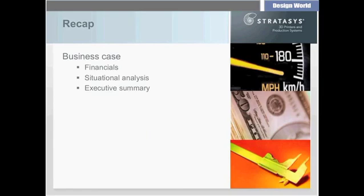So to recap, work those numbers, the financial justification, through an iterative process, with many revisions, to keep coming up with numbers that work. Also use Tier 1, Tier 2, and Tier 3 to move through your hardest to softest benefits of additive manufacturing. Roll that up, use those numbers liberally throughout your situational analysis, which includes the current situation, proposed solution, alternatives and risk, and finally, roll all that up into a nice, tight, concise, succinct statement in the